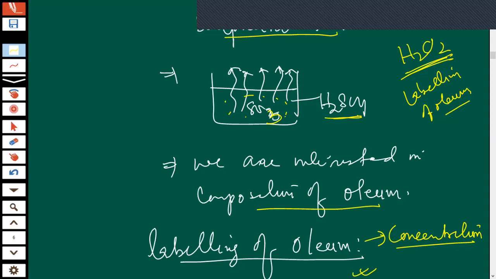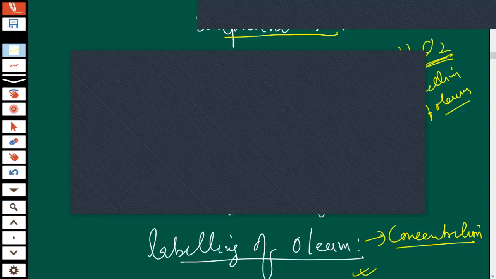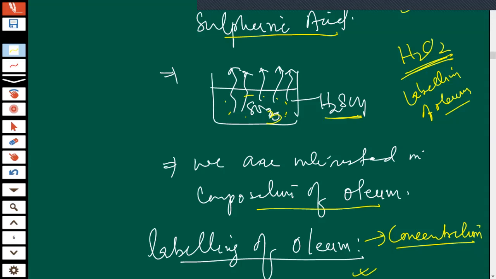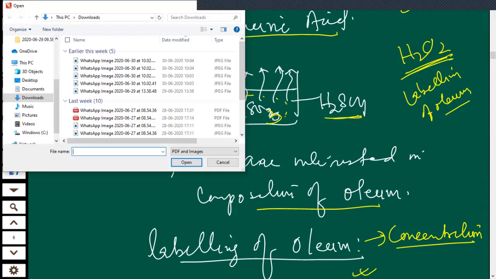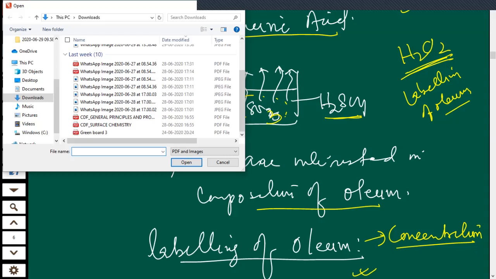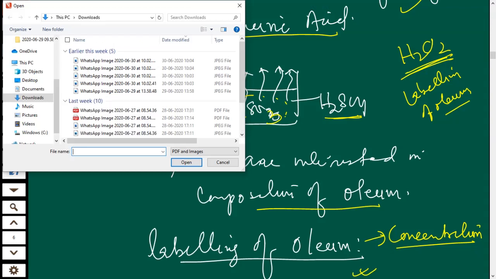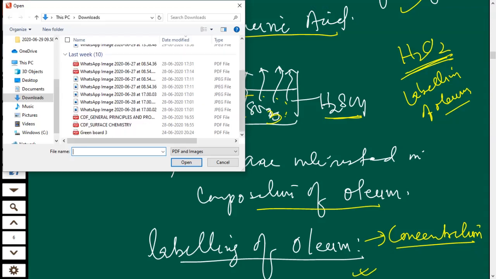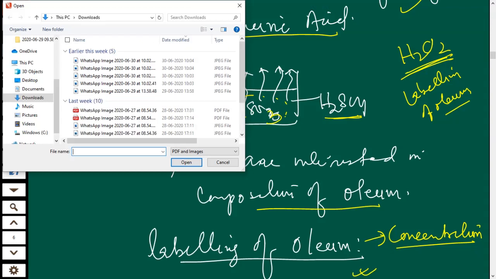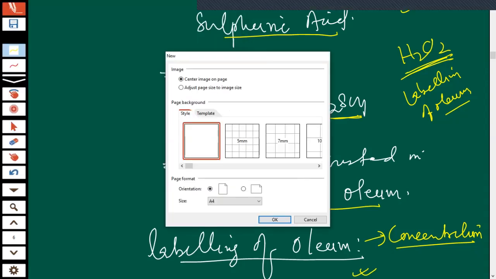So wait, I'm taking another screen. Sir, only these two topics are there in CDF? Only these two topics are there in CDF? CDF is redox and some basic concept of chemistry. I don't think that these topics are in CDF. These questions will be in your material. Okay, sir. So can you give the material in the group?